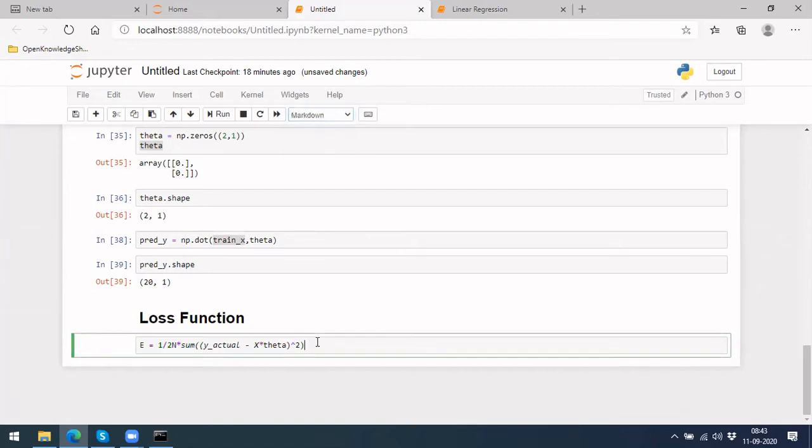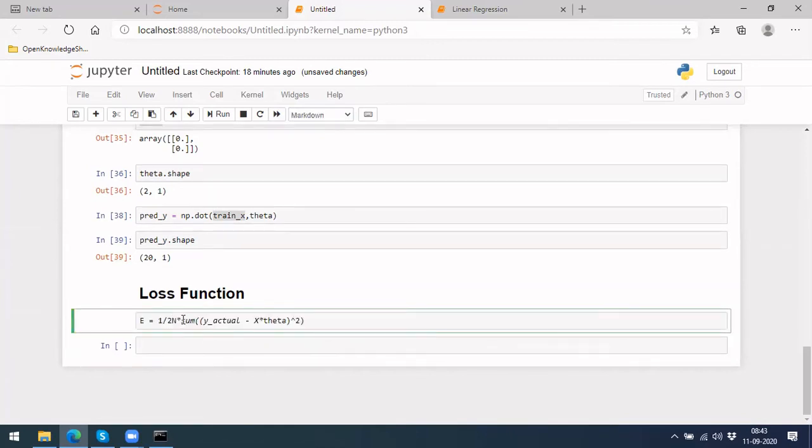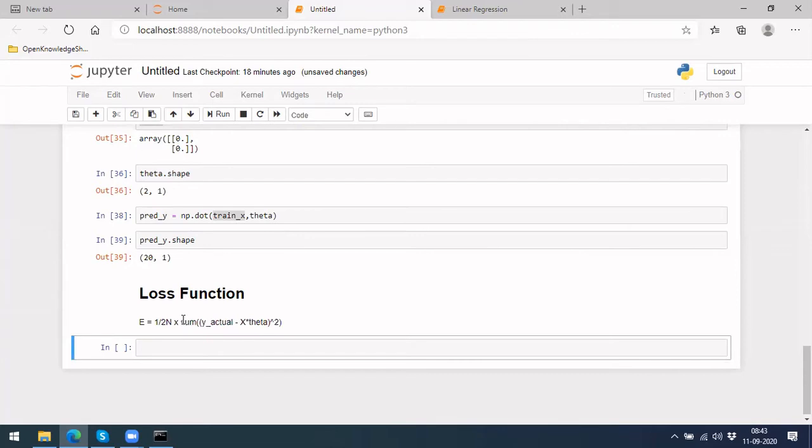So this is what we want. I just wrote it for having it here. This won't get executed till we write code. Let me put x, so then it will be multiplication. Okay, so this is how it is. So the next step would be to implement this here.